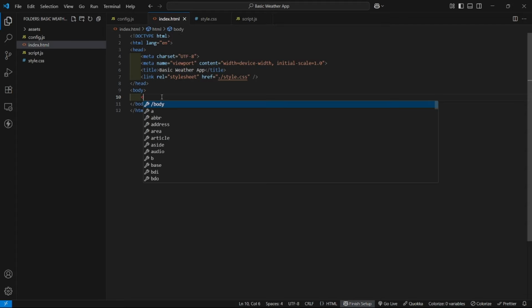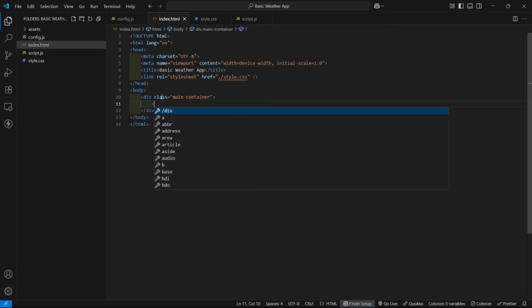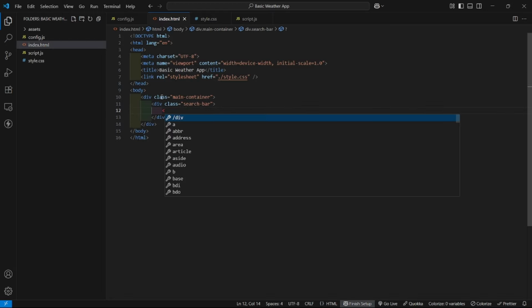So first it will be a div with class main container. Inside this main container, first of all, we'll be having our search bar. So I'll give it a div with class name search bar. Inside this search bar, we'll have our search input first. So input, I'll give it a class of search input,